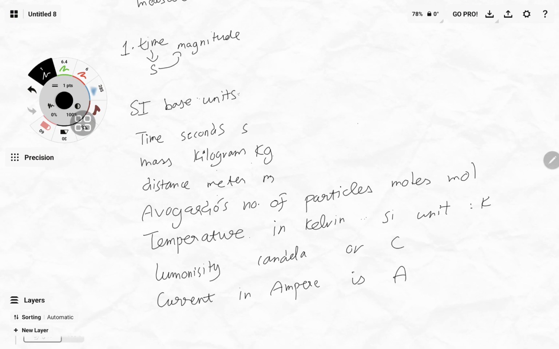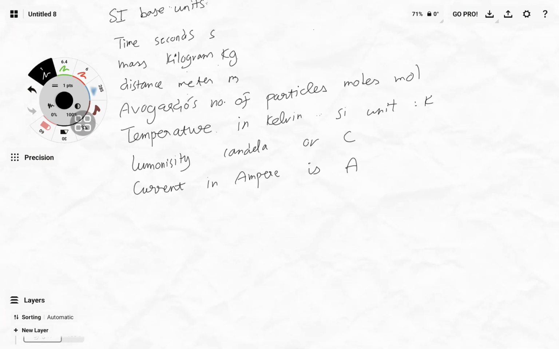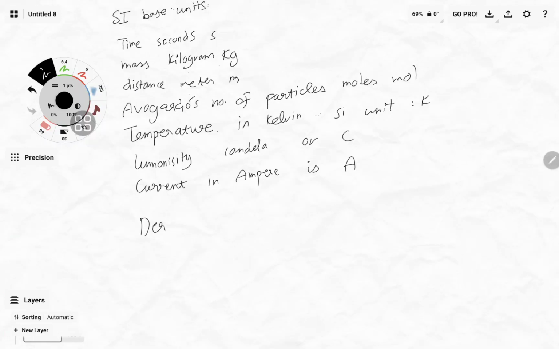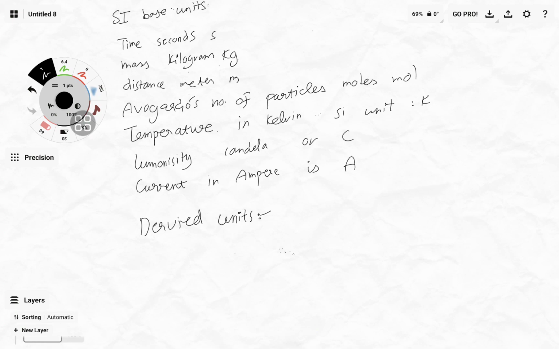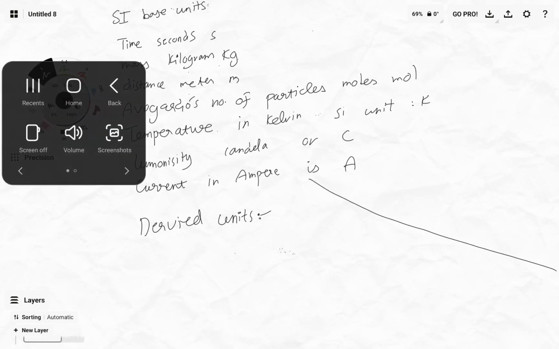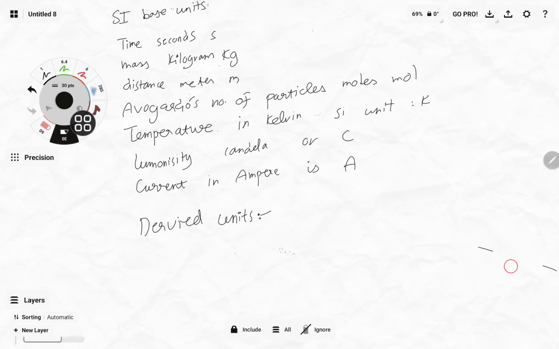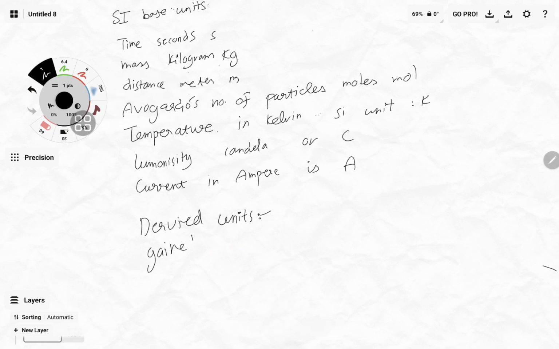So we have covered the SI base units. Now we'll talk about derived units. Derived units basically are found from